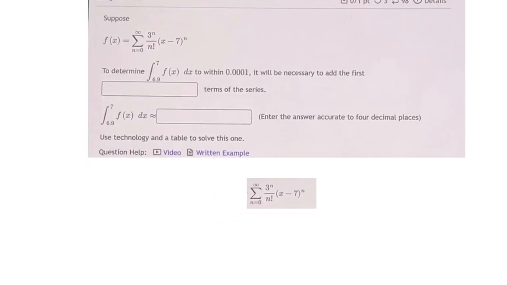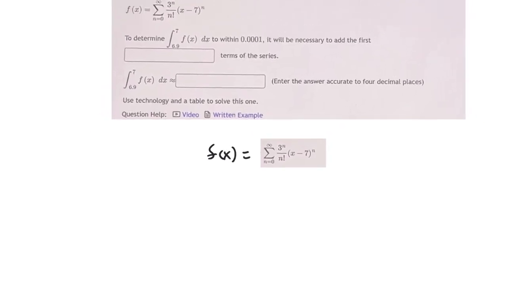So let me just back up a little bit. I'll just say that this is true because they told us that's true. It's, however, the case that to do the integral,